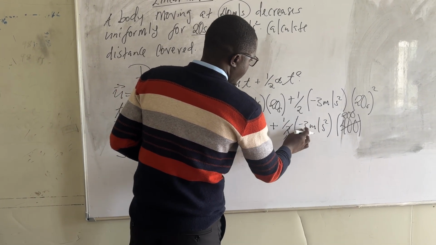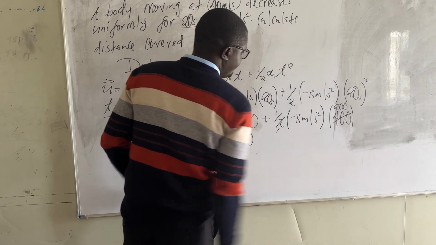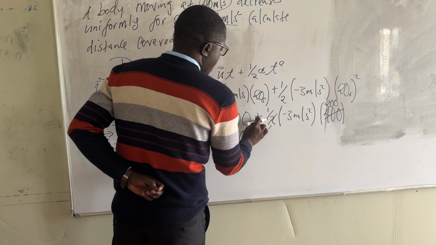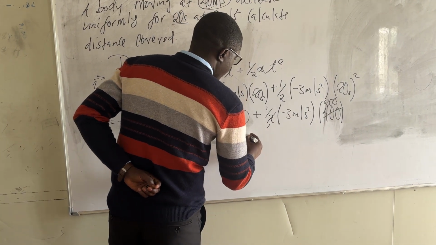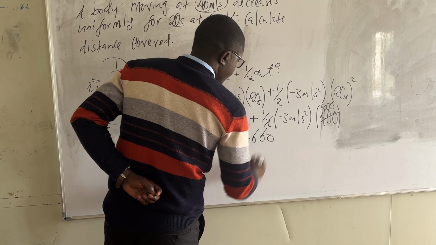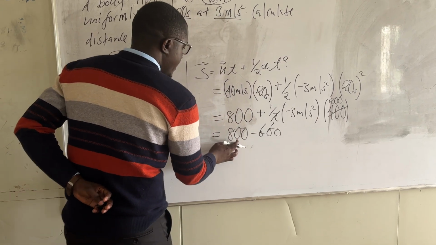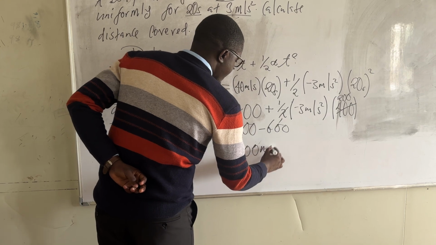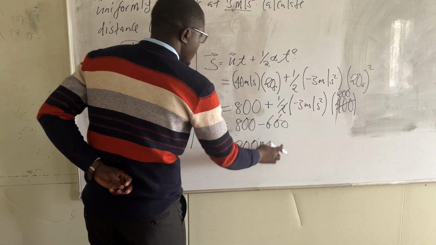Say 3 times 200, we are having 600. Positive times negative, we are having negative 600. So 800 minus 600, we are having 200. And since we are looking for displacement, it is always measured